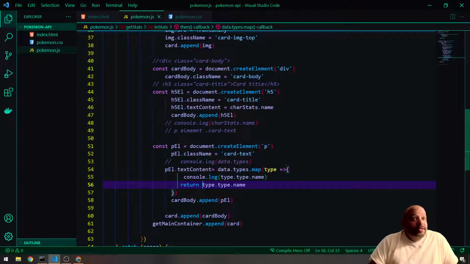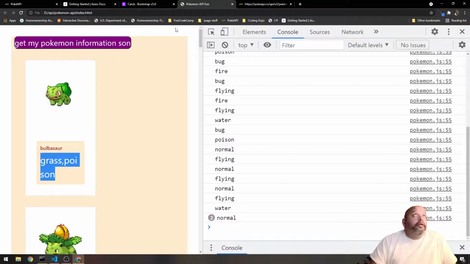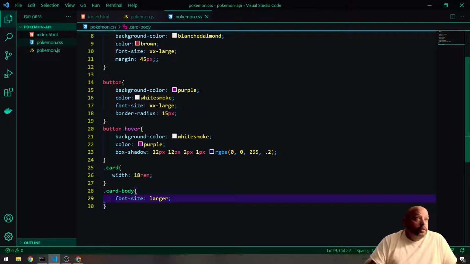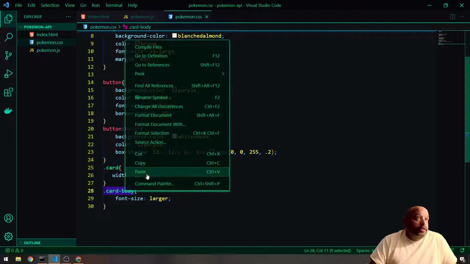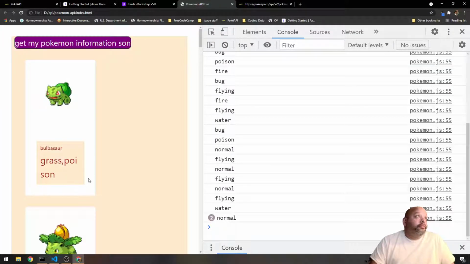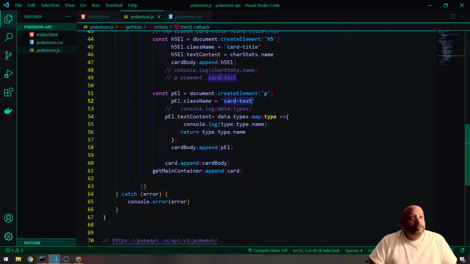Yes. This is the card text. Copy. And we'll go back to the CSS here, and we'll put that there. And this should be everything that I really care about. Let's see if that just looks better. No, it doesn't love me. All right, but other than that, it's pretty much one card body,